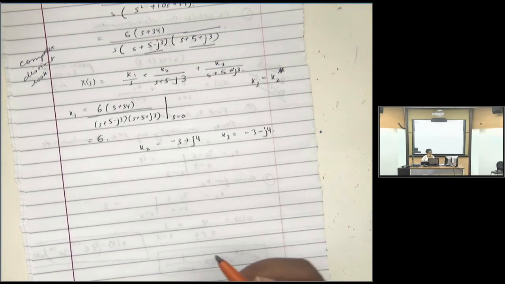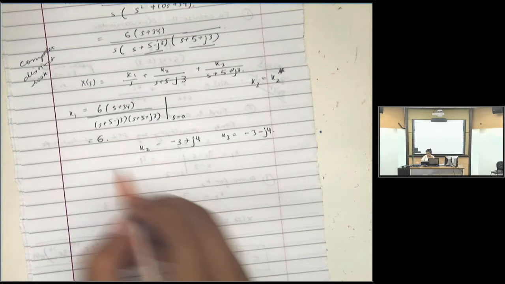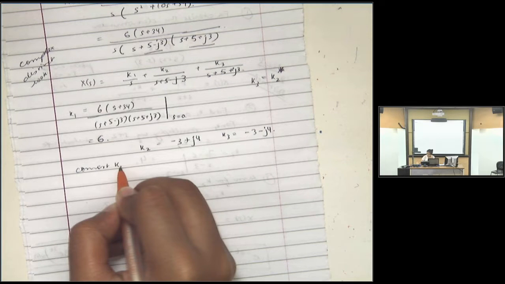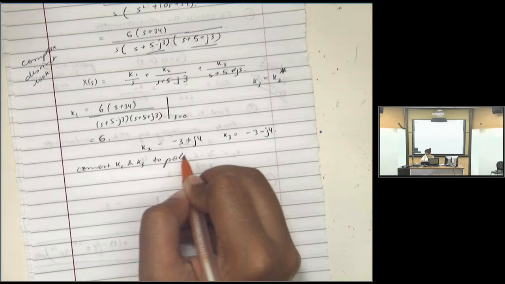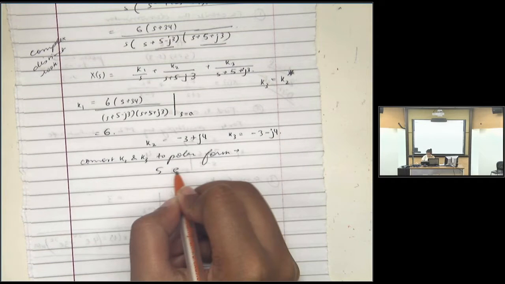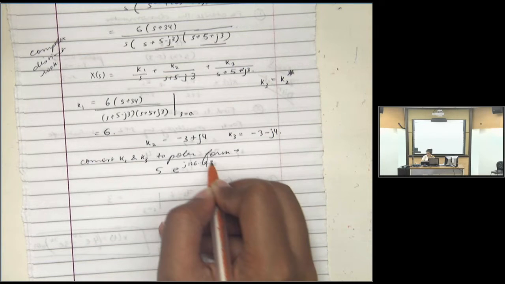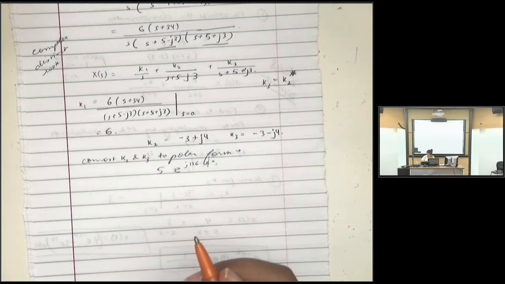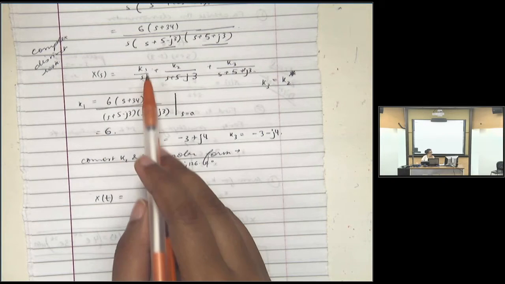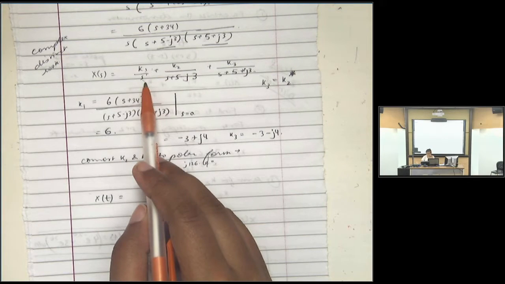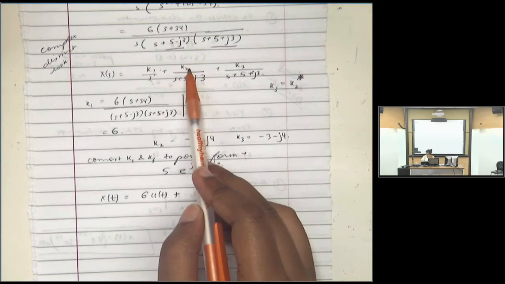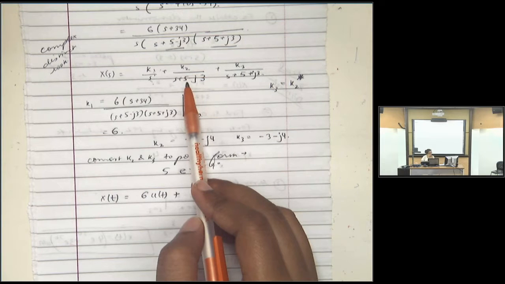Now when you have complex roots, the first step is to convert k2 and k3 to polar form. My polar form is 5 e raised to the power j 126.9 degrees. I'm writing in degrees right now. So my x(t) is equal to, this was 6 over s, and 1 over s is the Laplace transform of u(t), so I'll have 6 u(t) plus,